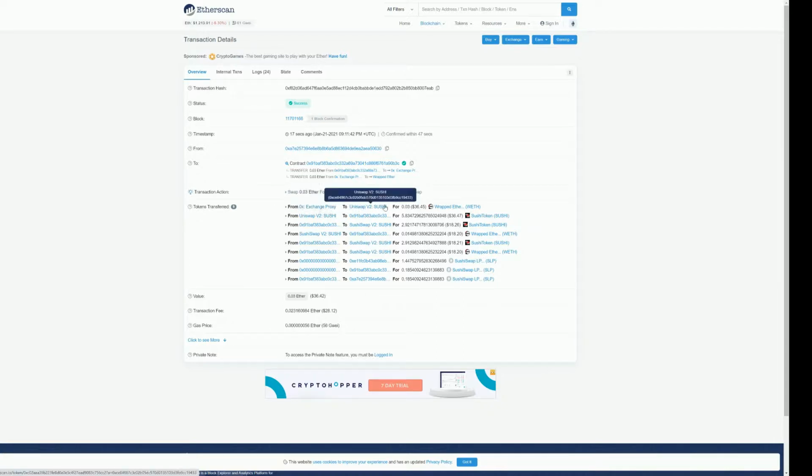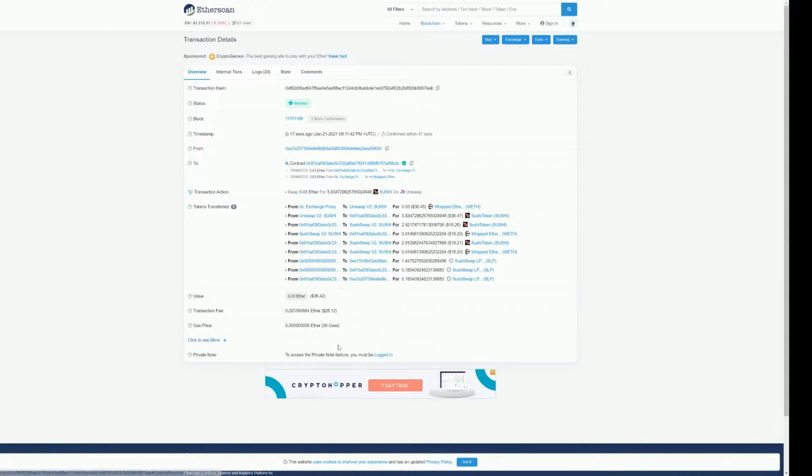It's gone to Uniswap and swapped the sushi, and here's the wrapped ETH has come in, so we've got the sushi tokens. And this is obviously interesting, but for someone like me, is this really useful information to sit and look at? Probably not, but this is just showing you what happened. People might be interested, is this the stuff I should know? No, you don't need to do it, but